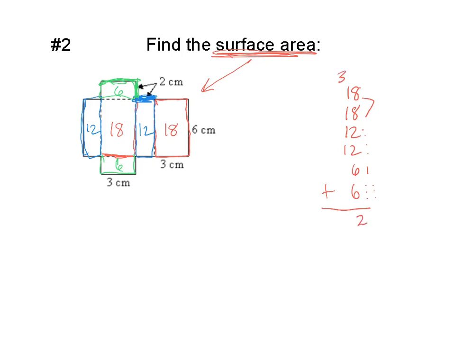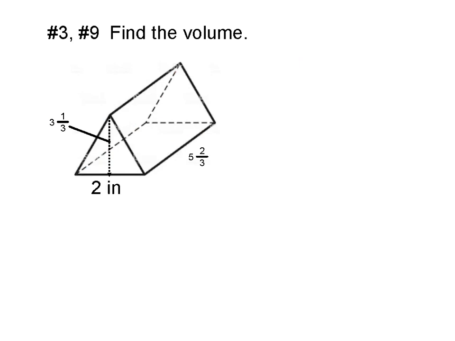Carry the 3. We've got 4, 5, 6, 7. And there we are. So pause right now and do number 2 while that's fresh in your mind of how to solve that. Number 3 and number 9 today, careful, they want you to find the volume of a triangular